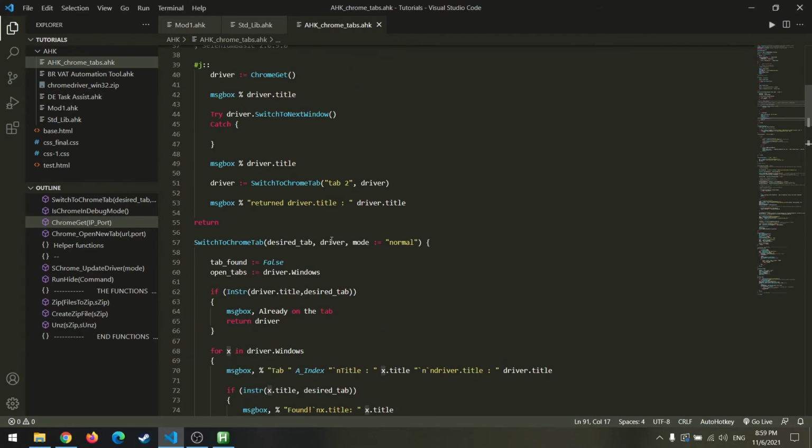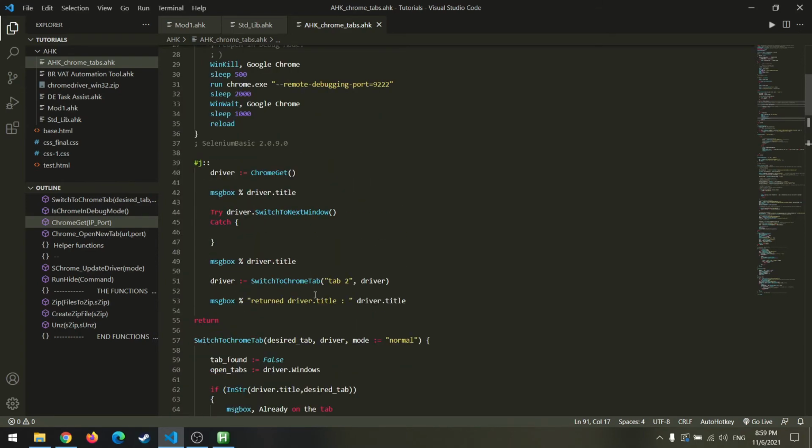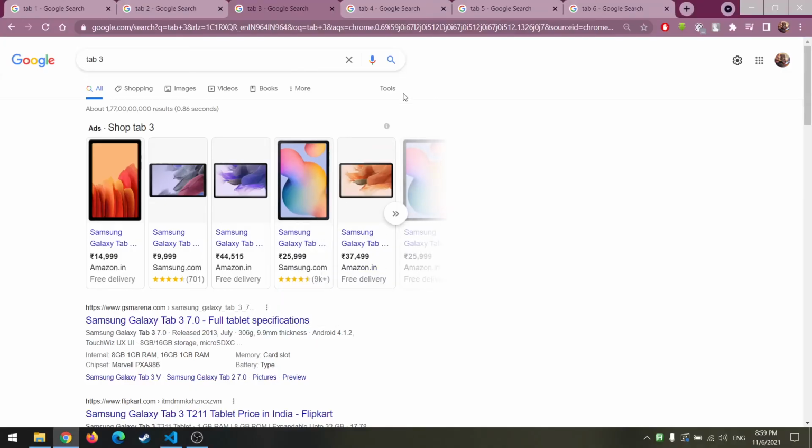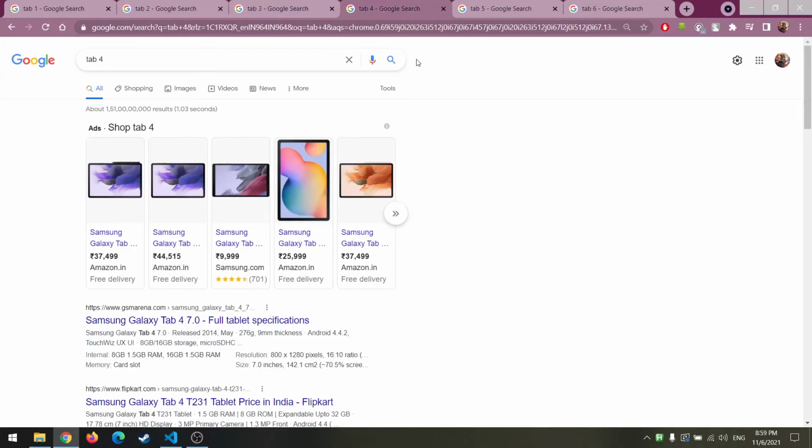Now to see this in motion, I'm looking for tab 2 and I'm passing the driver instance. Let's go here. I press the hotkey Windows J. It shows me that the Chrome driver is currently focused on tab 6, which is the last one. I click OK. After switching to the next window, it's now on the current active tab, which is tab 4.